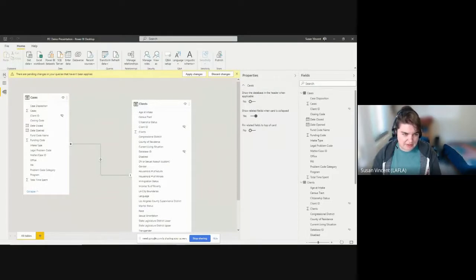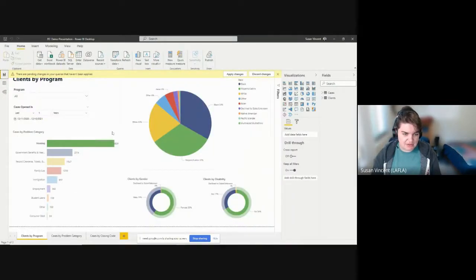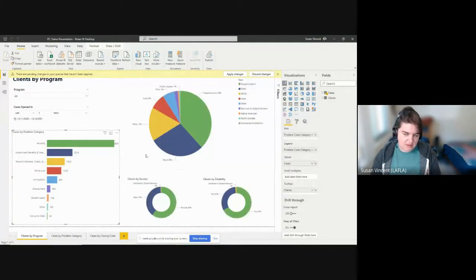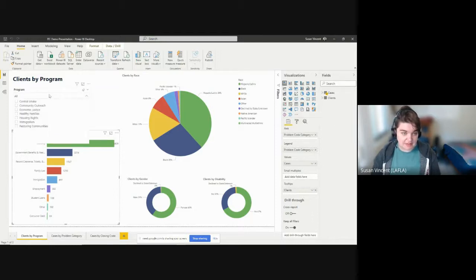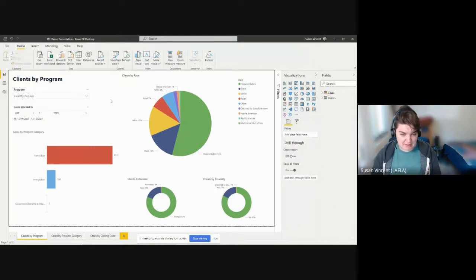So if I go back to the visual side of this, you can see I've got a bunch of different filters that I can use. And Power BI lets you configure the interactions between pieces of your reports in however ways you want. So you can put slicers on here that say I only want to see our families program, and it does this in real time, right? So if you're connecting by API, by the reports API, this can happen